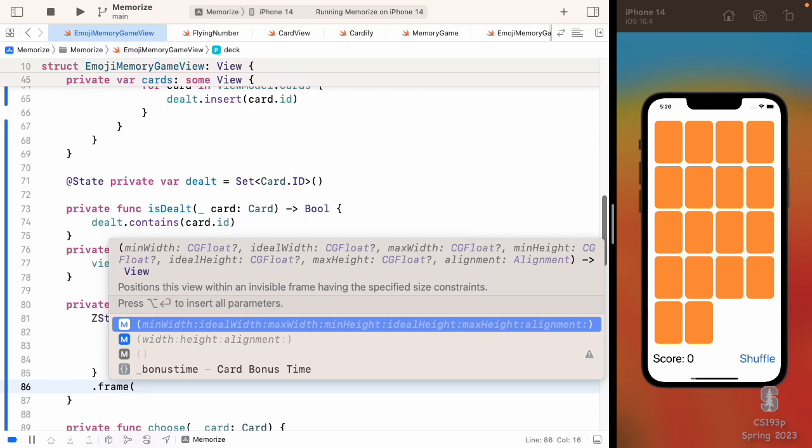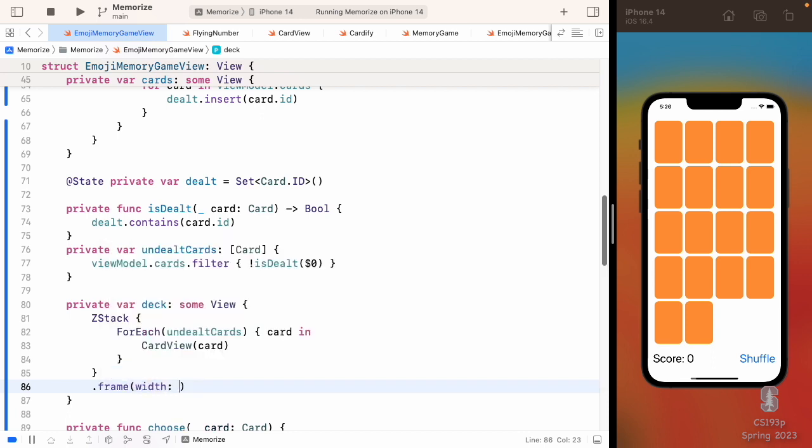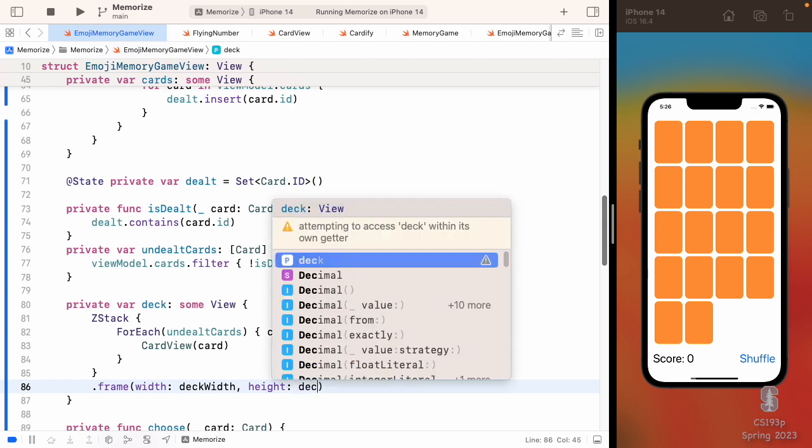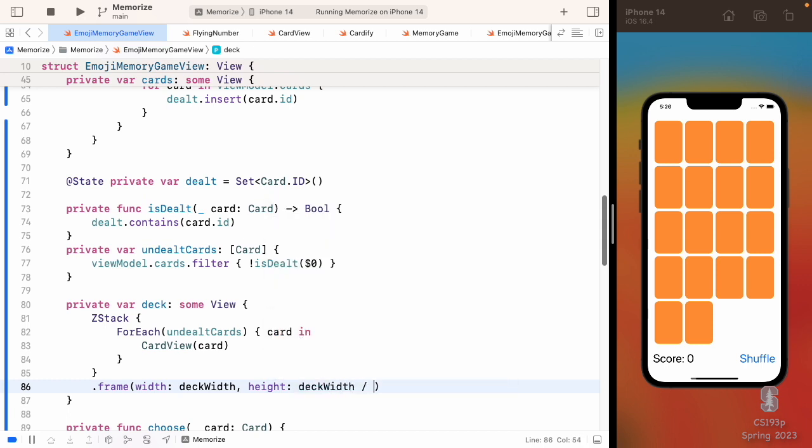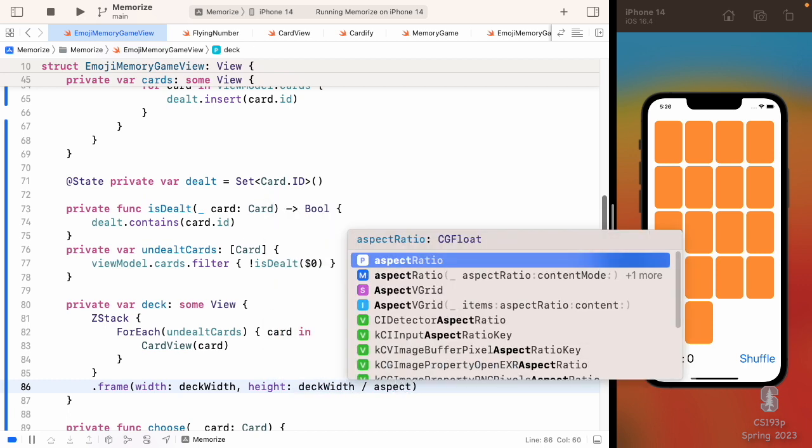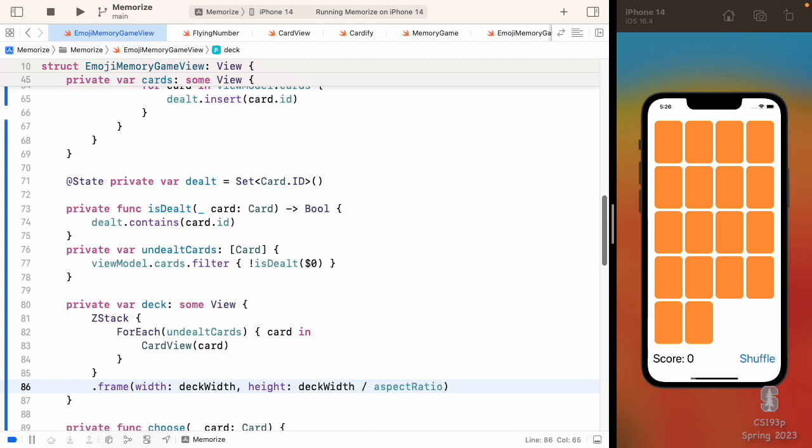Remember how in layout you get offered space, you size yourself to go in there. So frame will offer you space. Now, a CardView uses all the space offered to it. So if I say frame, let's say width, my deckWidth, I'll make a constant for that, and the height then would of course be our deckWidth divided by our aspect ratio, right? That would be its height. If I said that, it would make a little container that size, and our cards would draw the whole thing. And that's exactly what I want here.